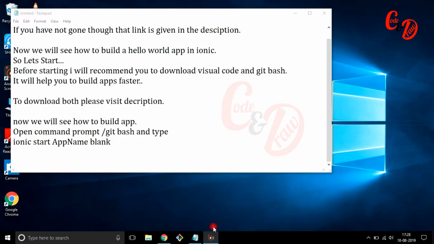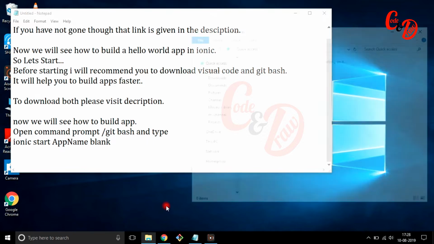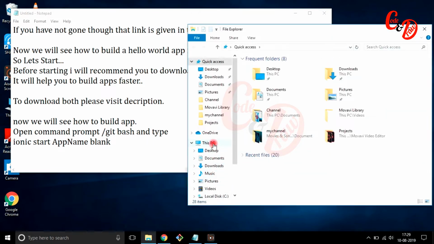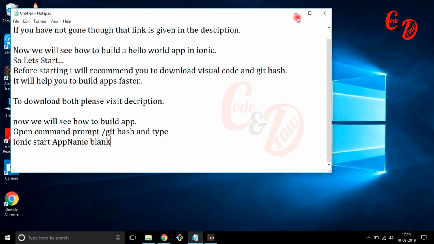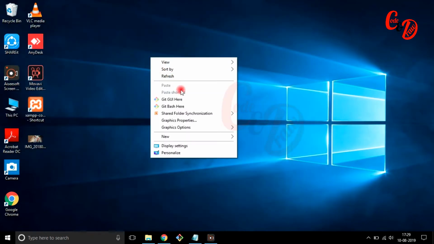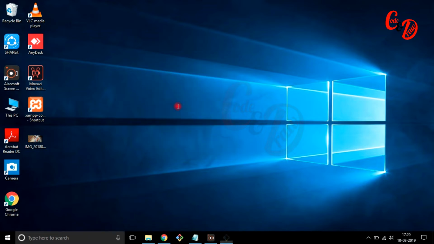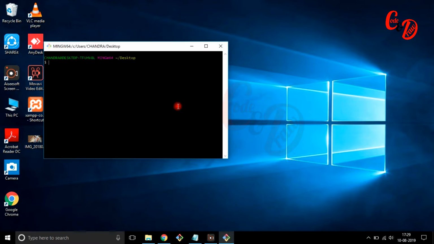Open command prompt or Git Bash if you have downloaded it. Remember one thing: while starting command prompt or Git Bash, you have to remember where you are going to create the app. Like if you are going to create an app in a folder, or in C drive, D drive, any drive, you have to open command prompt there only. Like I have started on the desktop